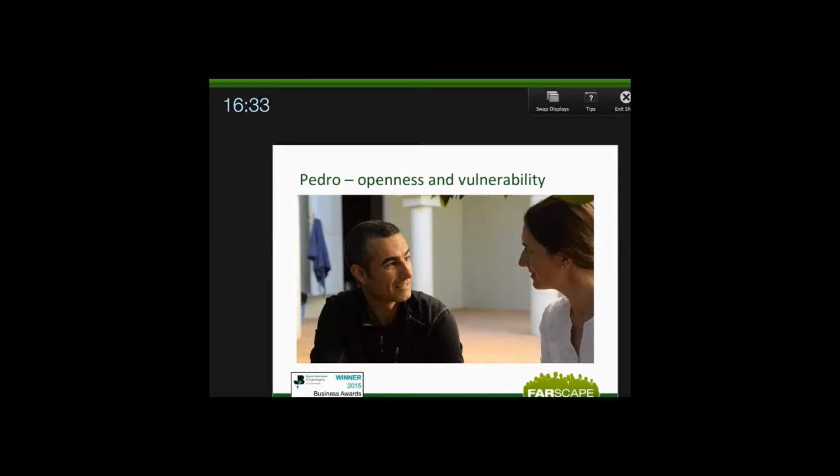I think it's not easy, right? Even though we are, as human beings, social animals, and therefore we should think being open and showing some vulnerability is something that should come natural to us. The reality is that it doesn't, right? And if it is difficult on the personal side, I would say for the majority of us it is even more difficult on the professional side. But